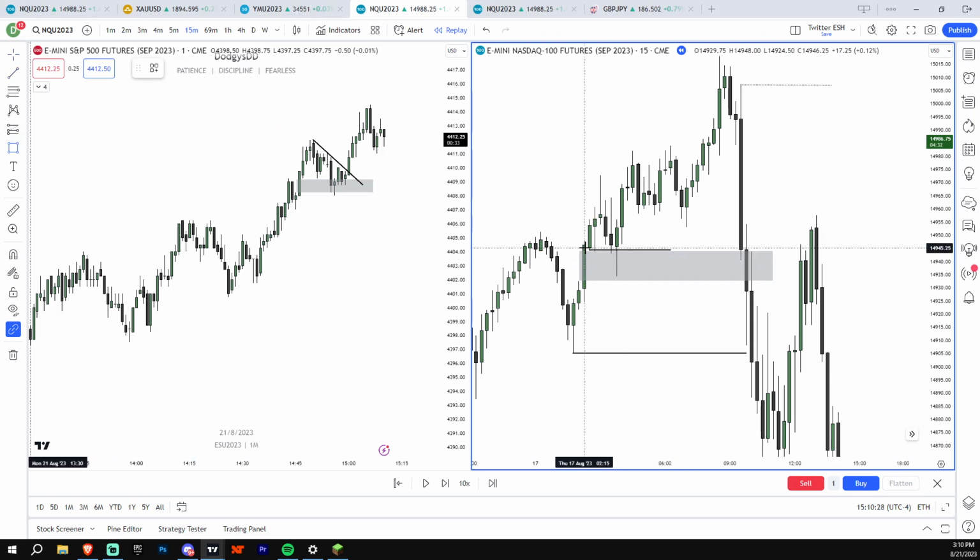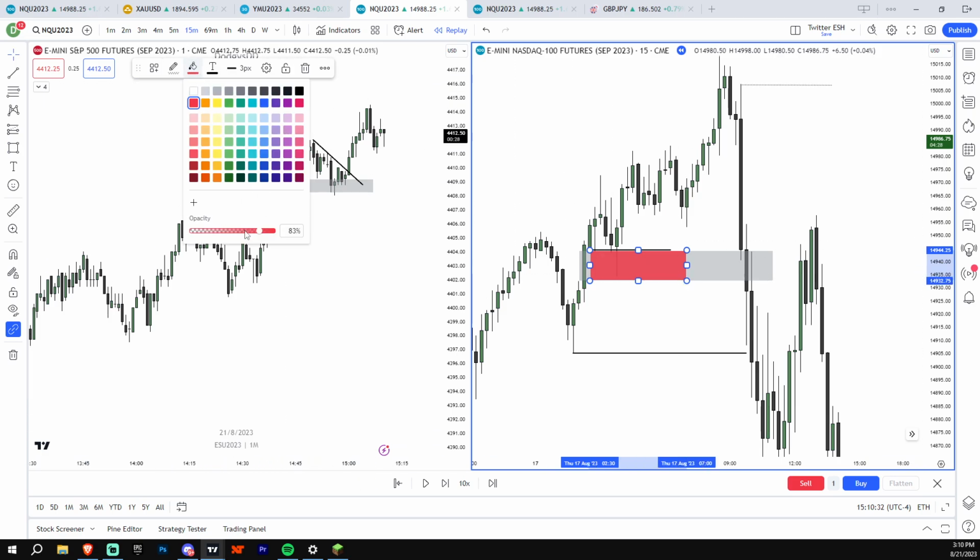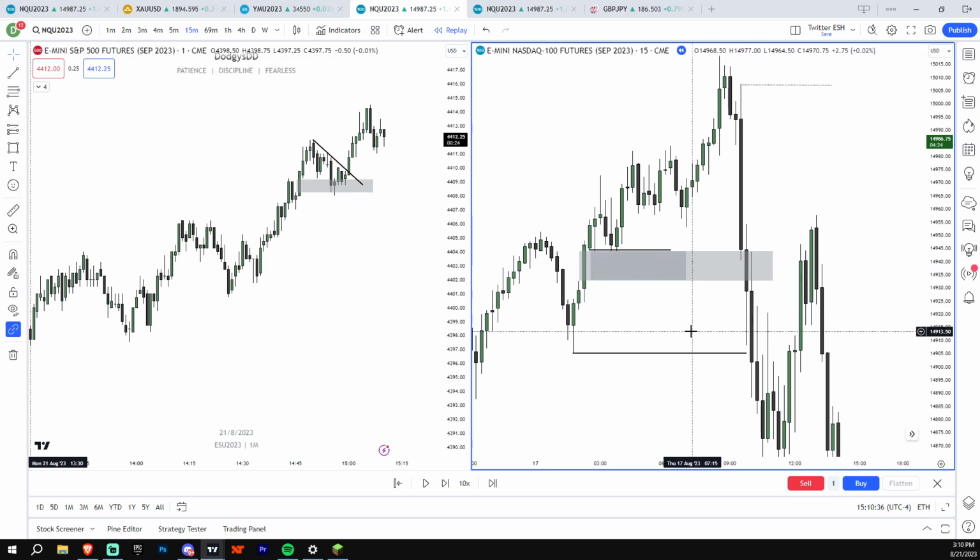Okay, so let me just draw a gray box over this. Okay, so let's say all this wasn't even here. Okay, let's say there's nothing in here. Then yeah, I'm still going to use this, right? I'm still going to use this fair value gap because it wasn't respected or disrespected on the left side of the curve, right? It wasn't respected or disrespected. So that means if we violate this, it has like a fresh chance to be respected as an inverse.